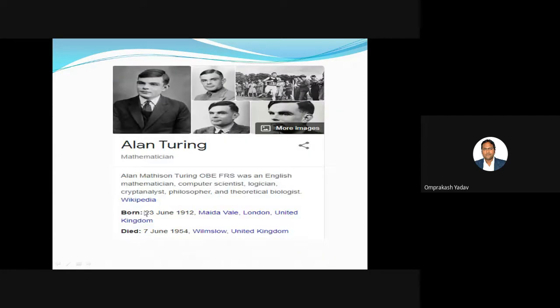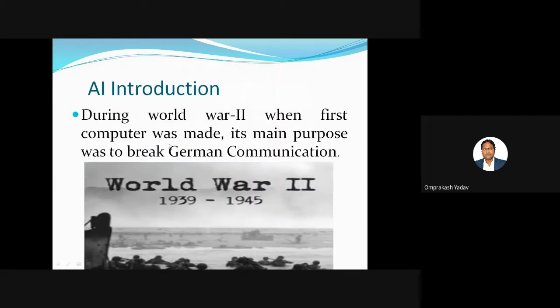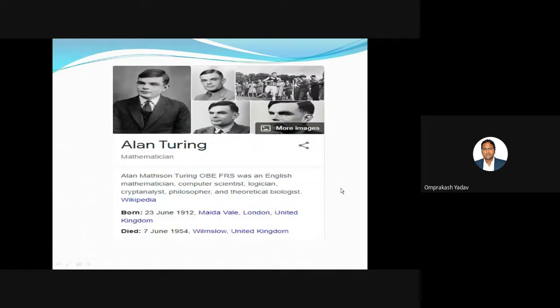During that time, Alan Turing was there. Okay, Alan Turing is also called the father of artificial intelligence. He developed a lot of algorithms of AI, and he presented so many papers. I gave this particular picture because his main role was in this particular war to break the communication. He used this AI in that particular war only. So he's a very famous person.